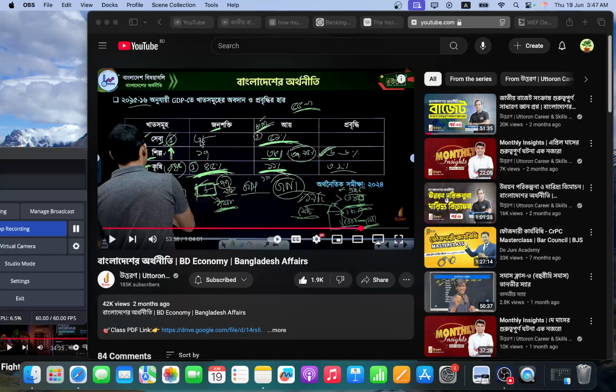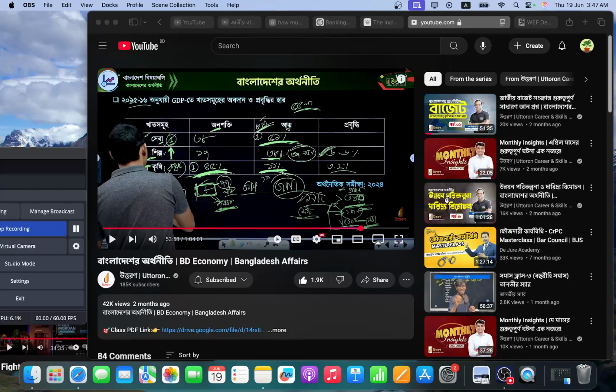Service, on the other hand, has 38% of the population, and they do a good job. They earn 51% of the total GNI, like total income. But the smallest group of people that adds so much to the GDP is the Shilpo, the industry, with only 17% of the people, and they are adding almost 37.9%. They grow at a 6.6% rate year to year. So these are good stats to remember.